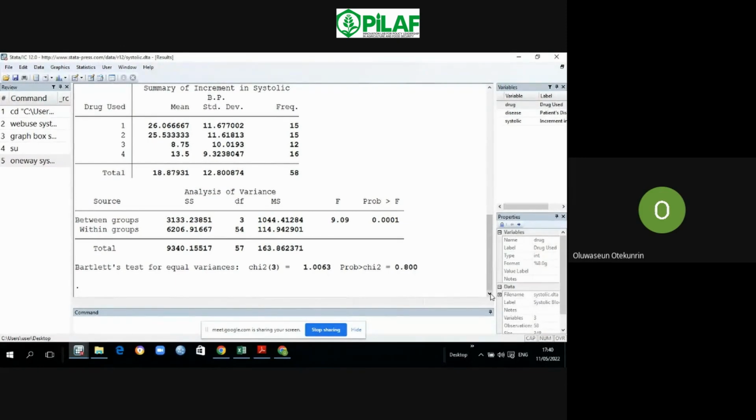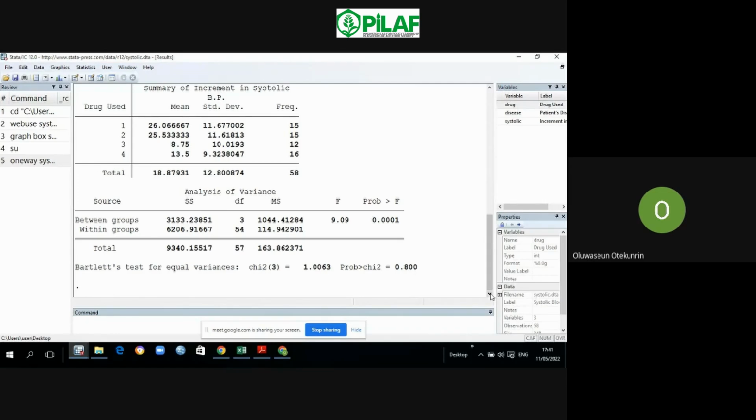But we have said that under one-way ANOVA, our independent variable is the factor and it's just one. For this example, we have 4 categories of that particular factor. And then we have our response variable, which is the dependent variable, and it's systolic in this case. Then we have the error term. So if you look at the model now,